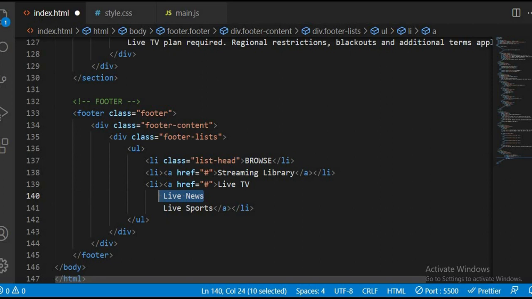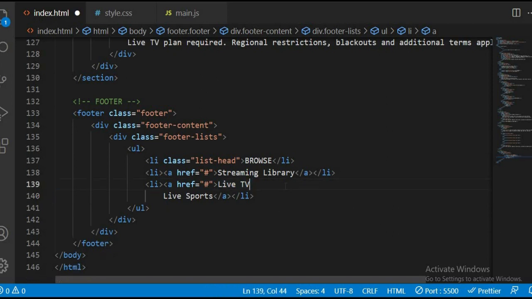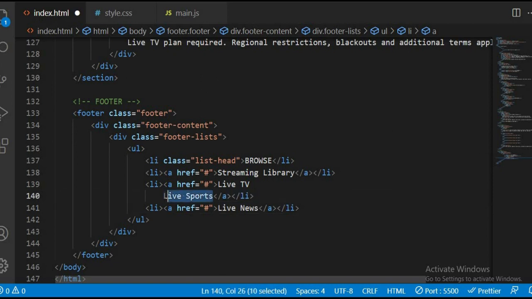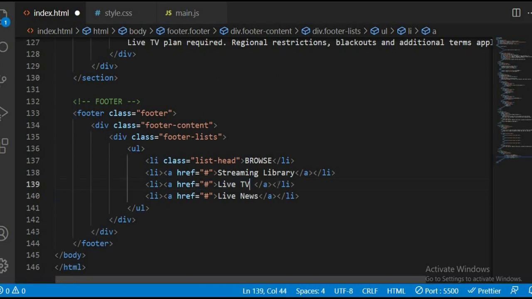So I'm going to cut this, Ctrl X. Okay, so I'm going to create a new li with an anchor tag, and this isn't going to be going anywhere, and I'm going to paste live news. Lastly, I'm going to cut this again and close this up properly, then create a new li with an anchor tag,